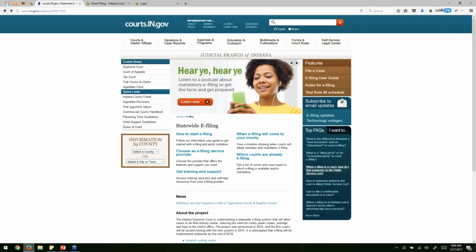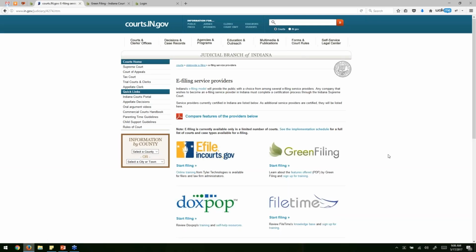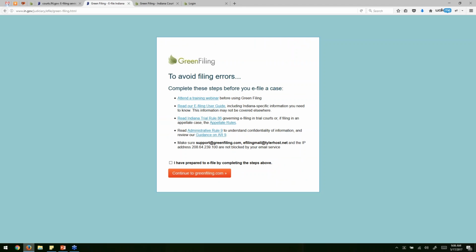The other thing I'd like to point out on the court's website is this link here that says choose an e-filing service provider. This is going to show you a list of all the e-filing service providers available in Indiana. Obviously, Green Filing is one of those. We were actually the first e-filing service provider to be certified in Indiana. But the court has kind of put together a nice feature here. If we click this link here that says Start Filing under Green Filing, they take you to what we call